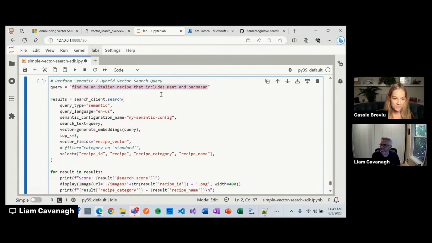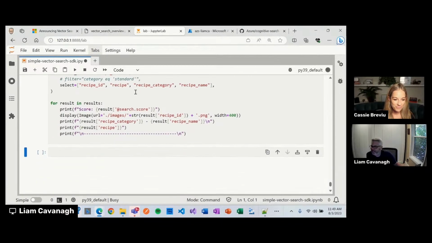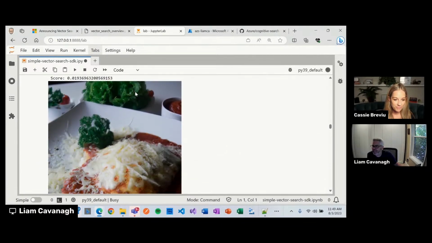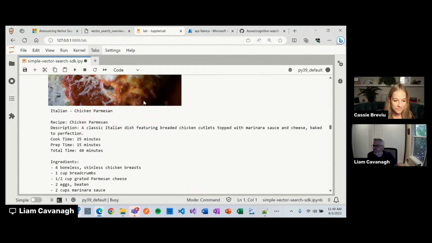I'm going to try to find an Italian recipe that includes meat and Parmesan, which I completely misspelled in here. And you can see here the result that comes back. We have the image. We're going to show some cool things around image search, as well as the ability to understand different variations of meat, misspelling, all these things.